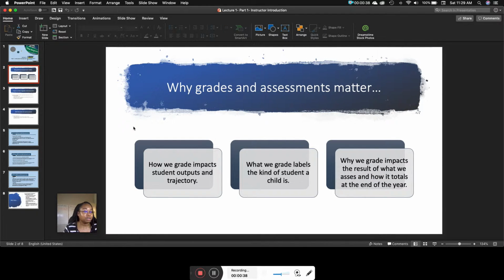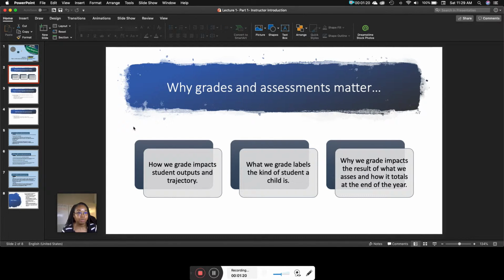I wanted to start by saying this course actually matters a lot when we think about how we grade, what we grade, the purpose behind grading, and a lot of different things that impact grading. So this course starts off with you telling your story about who you are as a student, the impact that grading has had on you, and then it goes into how you see yourself within the topics of assessments and grading. The purpose of that is to really look at why grades and assessments matter.